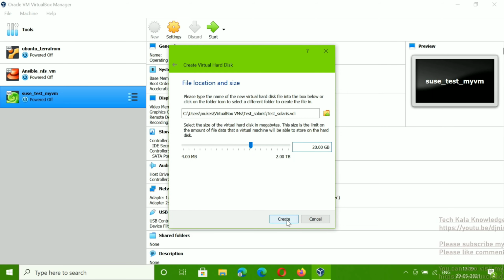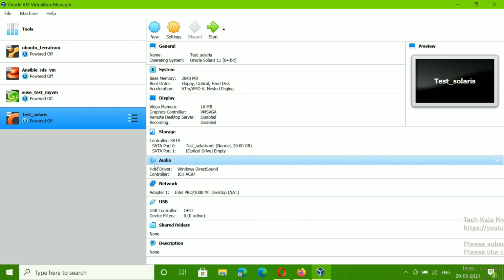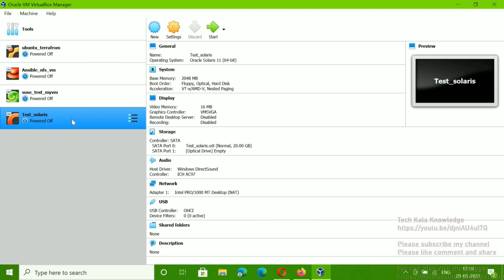Now let me click Create. Now you can see my VM is created, but there is no OS in this VM as of now. So I have to change a few settings. Select your VM and then go to Settings.